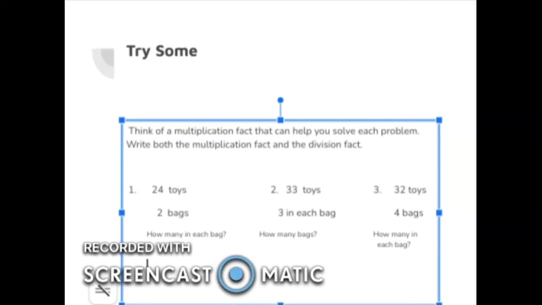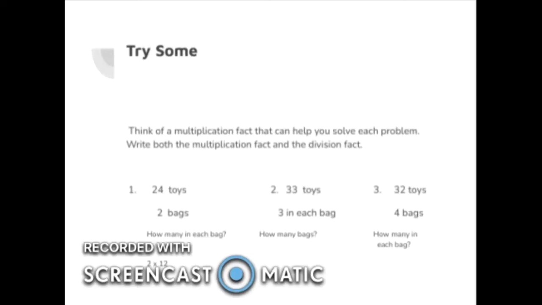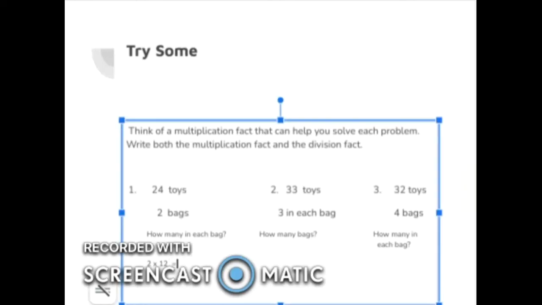So I'm going to do my multiplication sentence first, because I know that 2 times 12 equals 24. Oops. Hit the wrong button there. Equals 24. I also know that 12 times 2 equals 24. So I'm just reversing those numbers. Remember the commutative property. Then I could do 24, my total, and I'm going to insert that